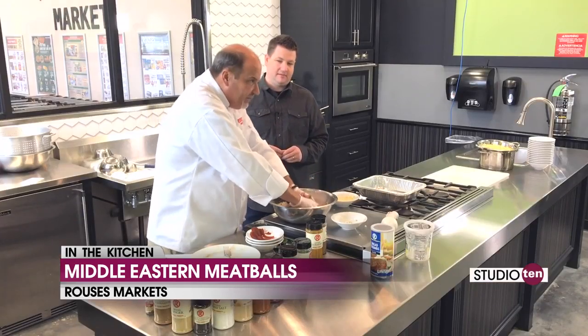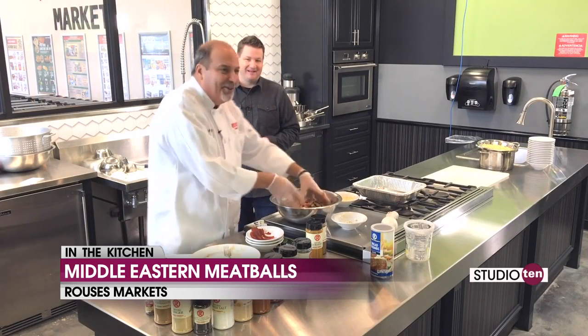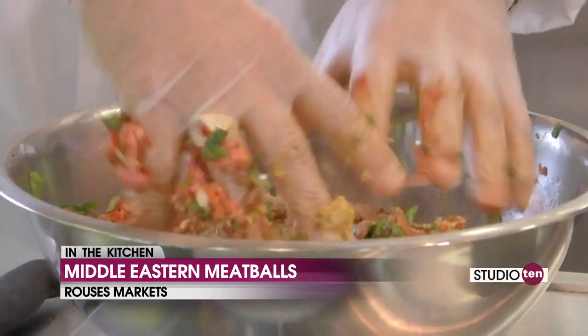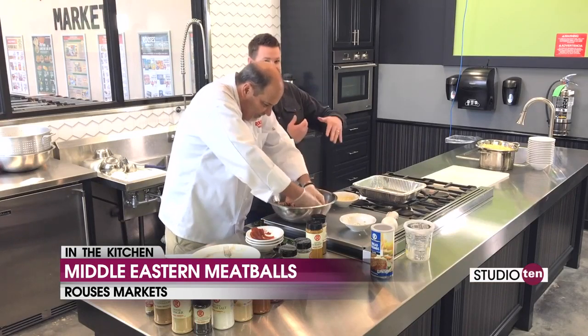and we can form meatballs, or like my assistant made some parallelograms today. They were not really round, more like caveman round. Man, this looks so good. There is so much flavor that you have packed into here with all of these Rouse's premium spices that you mentioned. If you want to get the recipe for this, because I know it's a lot to take in, check it out